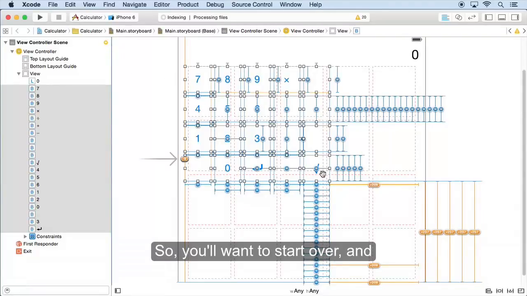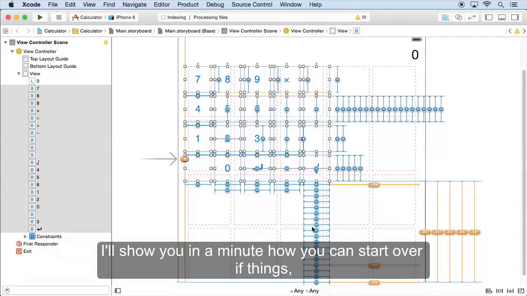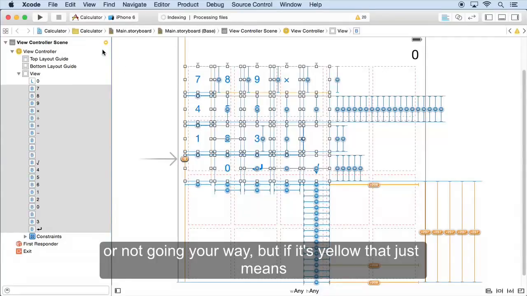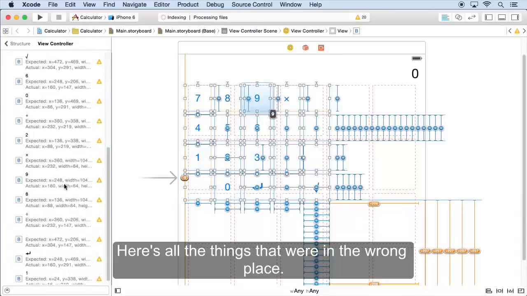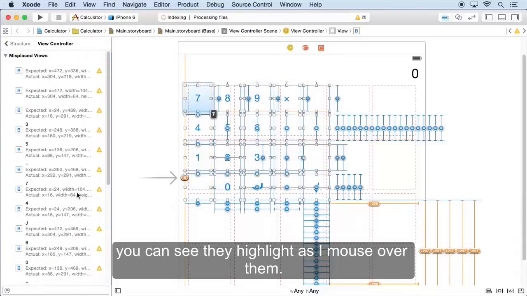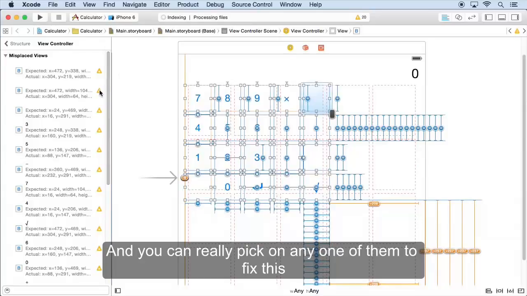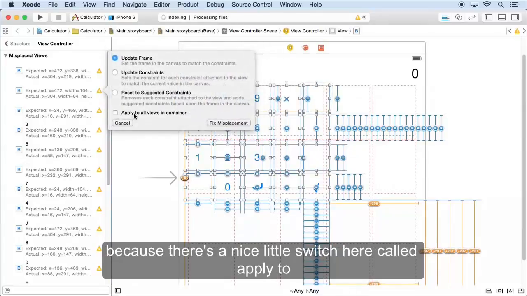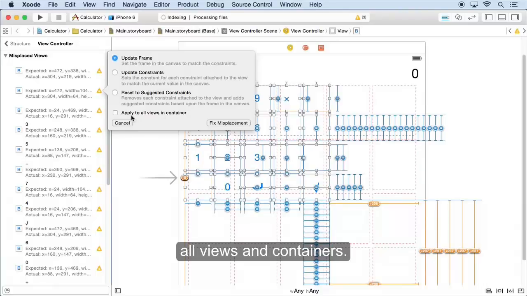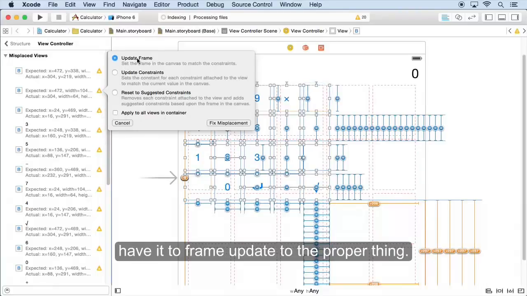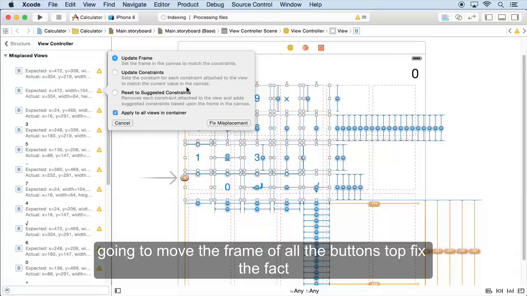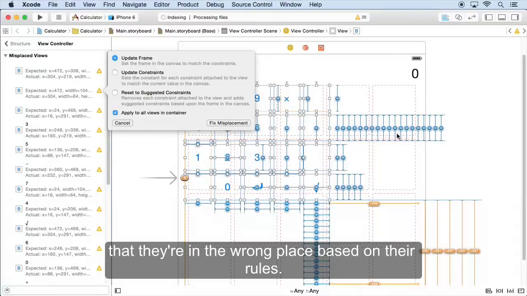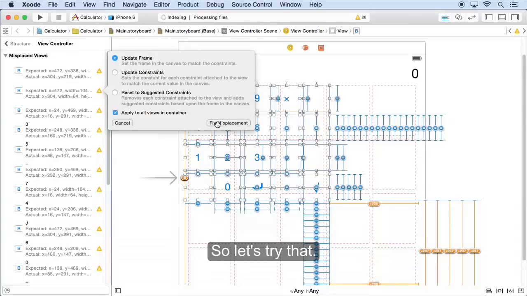So you'll want to start over, and I'll show you in a minute how you can start over if things are not going your way. But if it's yellow, that just means things are in the wrong place, so no problem. We click the yellow. Here's all the things that are in the wrong place. This is all the buttons. You can see they highlight as I mouse over them. And you can pick any one of them to fix this, because there's a nice little switch here called Apply to All Views and Containers. You don't have to click on each one and have its frame update to the proper thing. You can just click Apply to All Views and Containers, and it's going to move the frames of all the buttons to fix the fact that they're in the wrong place based on their rules. So let's try that. I'm going to hit this button right here, fix